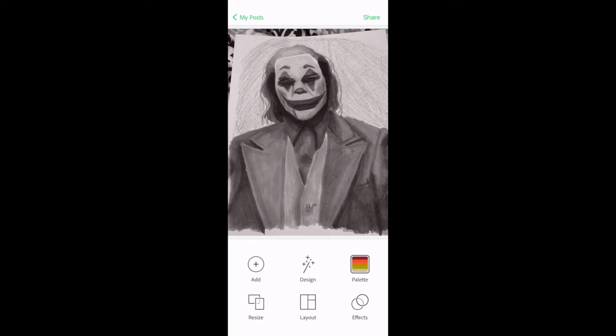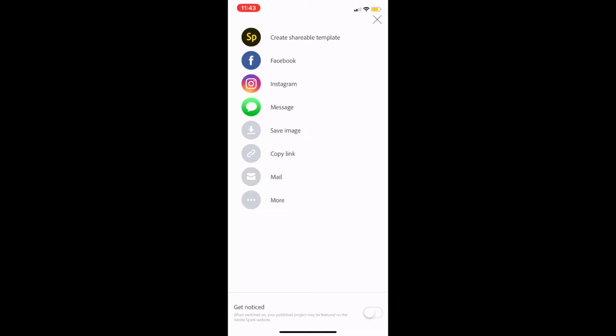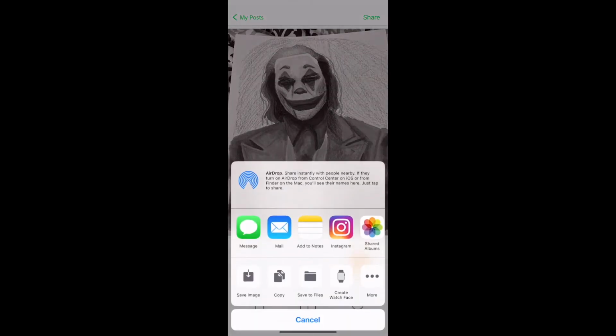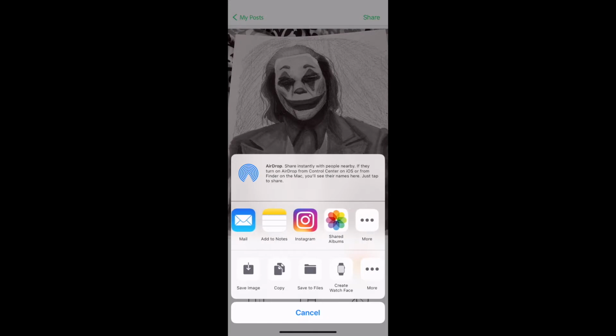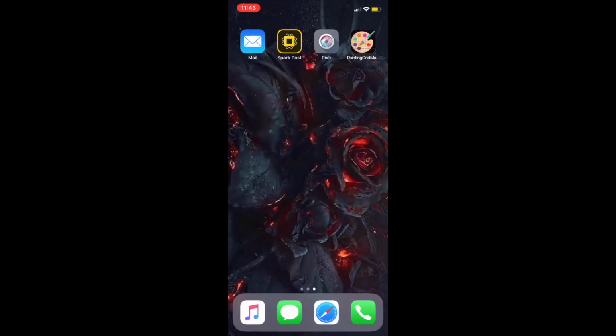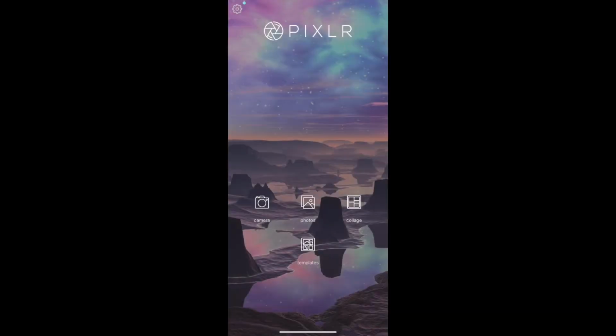And to save it, you just press share, and then you can share it to any of these things, save the image, copy the link, mail it, a bunch more stuff. So that is SparkPost. Pixlr is one I really enjoy